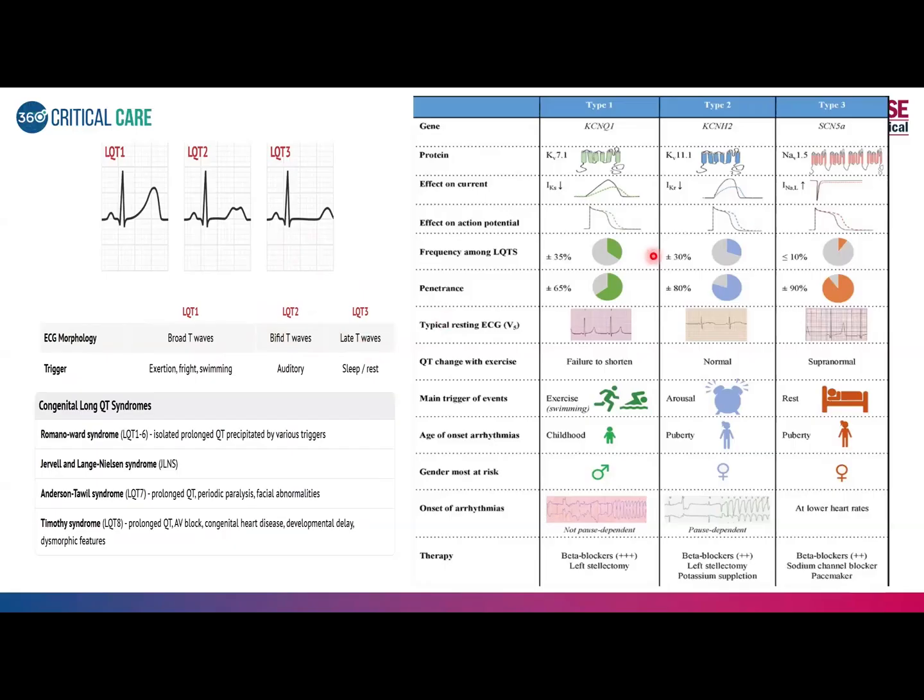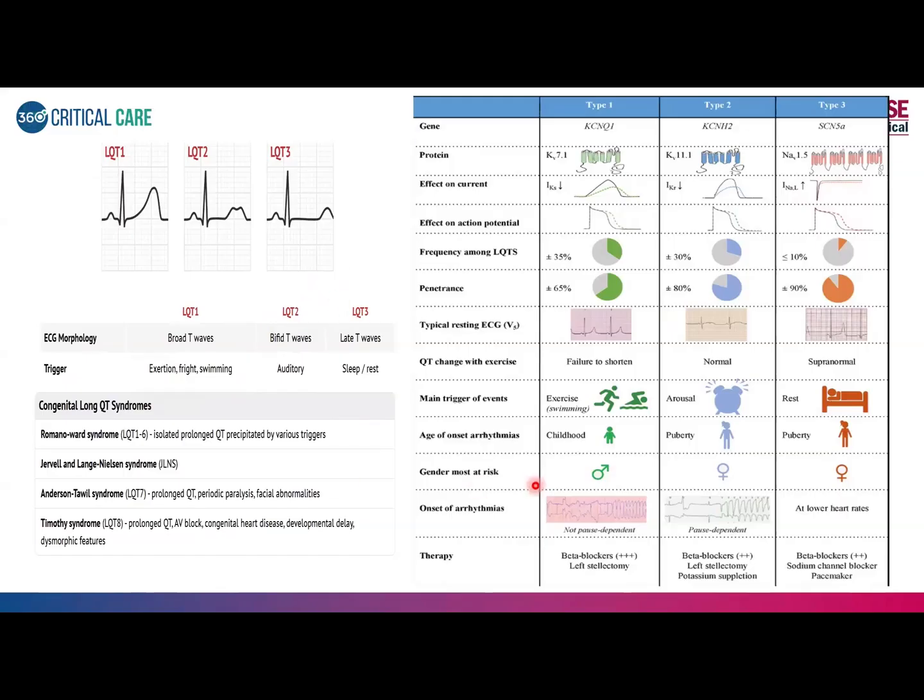Usually, what is the pathophysiology? The protein blocked here, in case of type 1, the gene involved is KCNQ1, and the potassium channel is the current that is involved. In case of type 2, we have the potassium channel again. But in case of type 3, it is very similar to the Brugada, the sodium channel is involved. And the trigger for the long QT1 is exertion, fright, and swimming. For the long QT2 it is auditory, and in long QT3, even at sleep and rest, they can develop